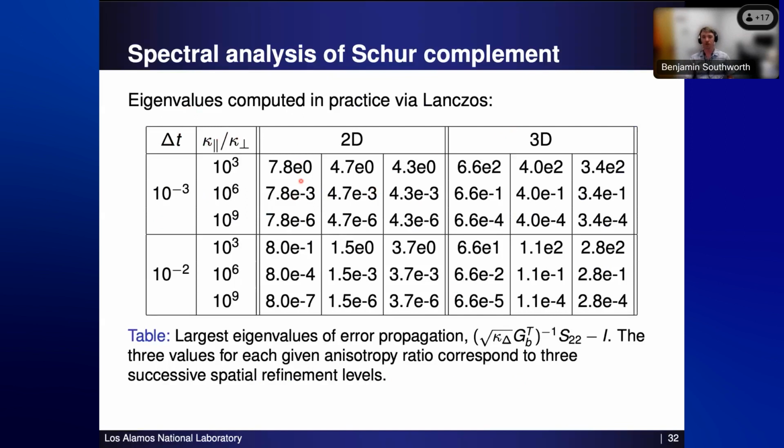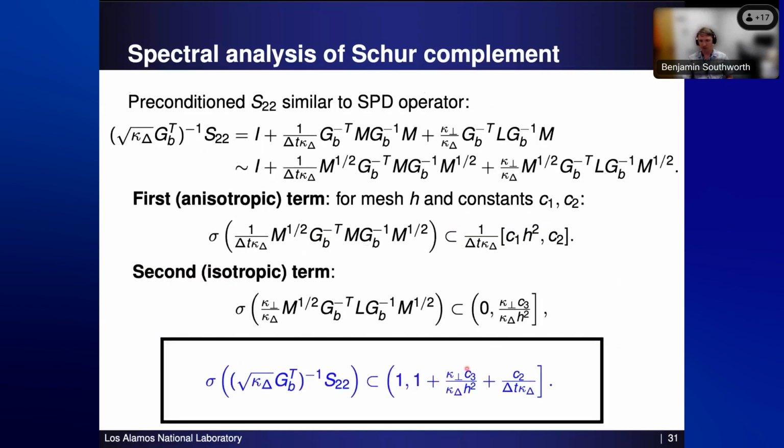And so the big thing is what we see that when we go down, so each column here from 10 to the 3, 10 to the 6, 10 to the 9, we do see exactly a reduction in the eigenvalues on the order of this. So the bigger our anisotropy, we linearly scale the eigenvalues of the preconditioned operator, or the perturbation, sorry, because we subtract identity here. So we want these all to be 0. The bigger the anisotropy, the smaller these values get, and it corresponds exactly. And then we have more or less the same thing with delta T. So as we make delta T an order of magnitude bigger, our eigenvalues get an order of magnitude smaller. And so this corresponds exactly with